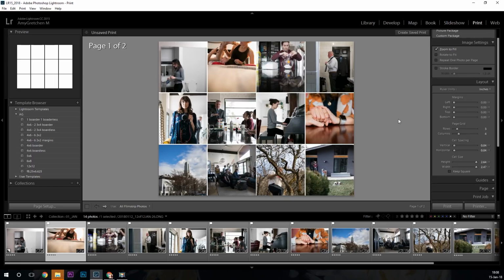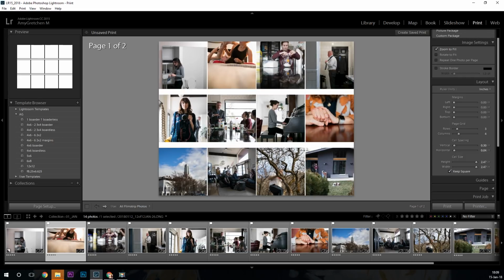Now, in order to have it the way I do, you want your rows to be 3, so 3 rows, and then you want 4 columns. Okay, so that makes your 12 photos, and then you can add as much space to your cells as possible. Now, keep in mind, these photos are not 100% square. If I hit the keep square here, these photos are now square, and you can see that the margins are not great. I could adjust the margins,